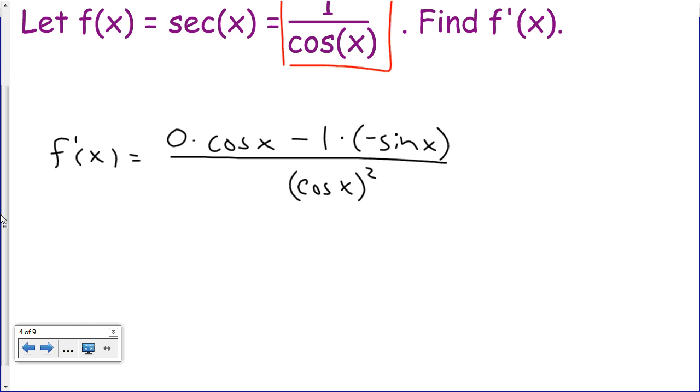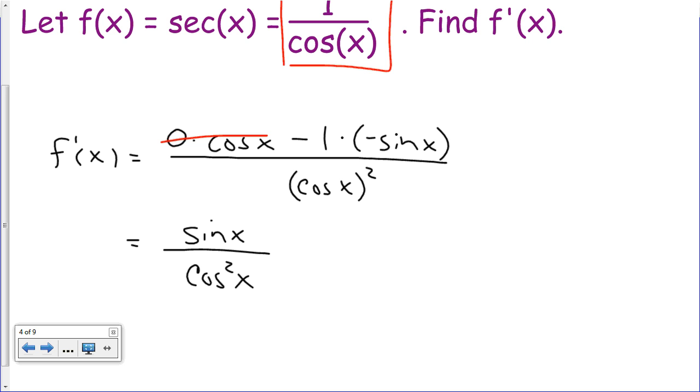And let's just rewrite this slightly. So I've got a 0 times cosine. That basically is gone, obviously, 0 times anything. And then I've got a minus and a negative sign there, so that's going to become positive 1 times sine, or that's just sine of x in the numerator. And I'll write it as cosine squared of x in the denominator. Again, this is a way that you could remember the derivative of